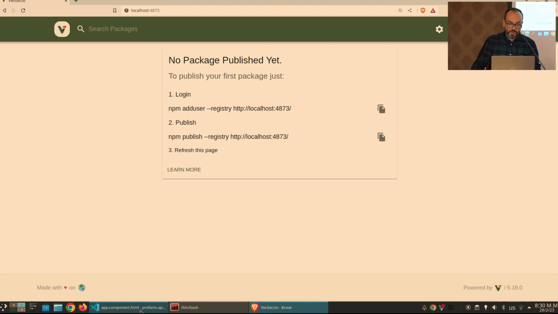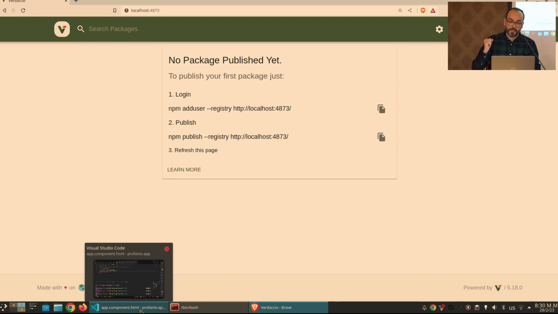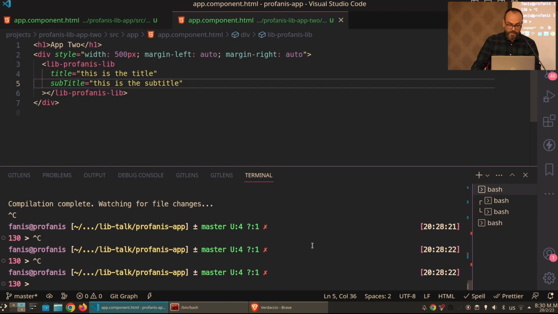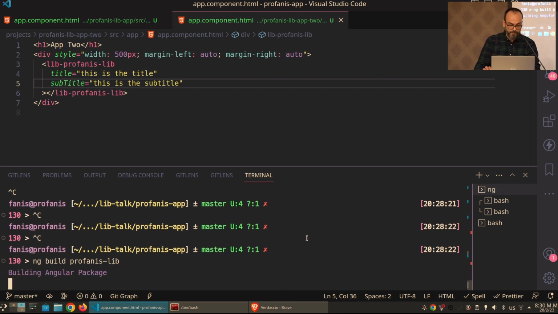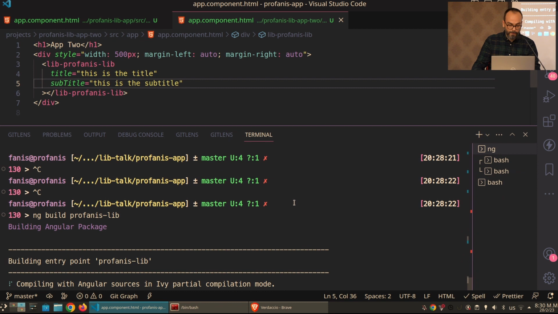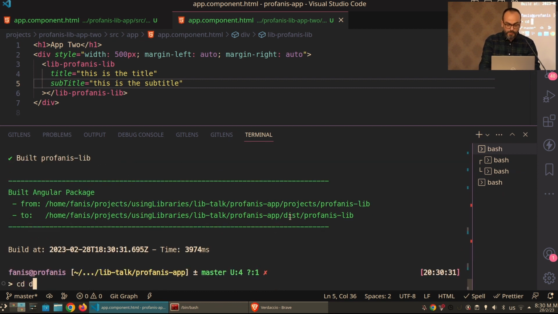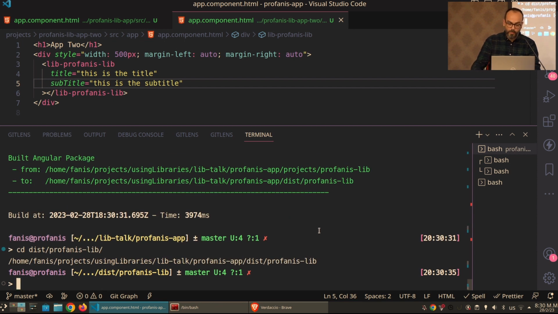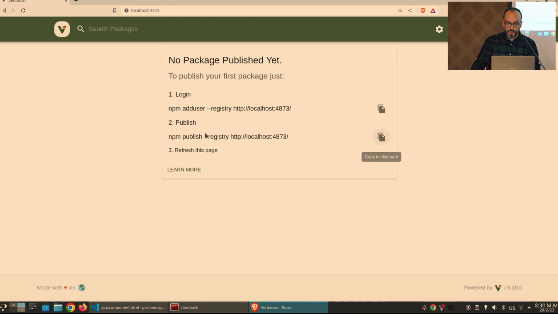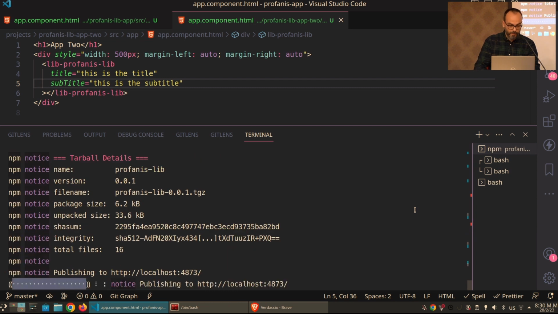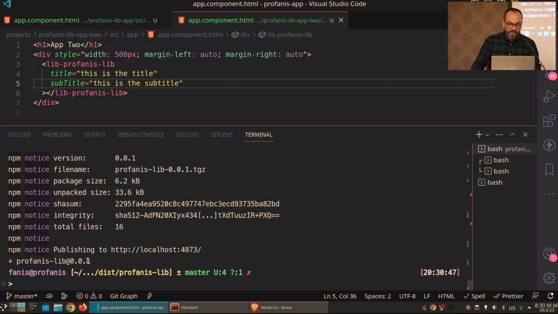Okay, so let's go into the library that we have already created here, and let's do the following. I will build my library, ng build the Fanis lib, and then let's go to this directory, into the Fanis lib, and we have to publish it. If you do not remember the command to publish, it's easy to go here, npm publish, copy the registry, and just paste it here. And it seems that the very first version, the very first patch version of our library